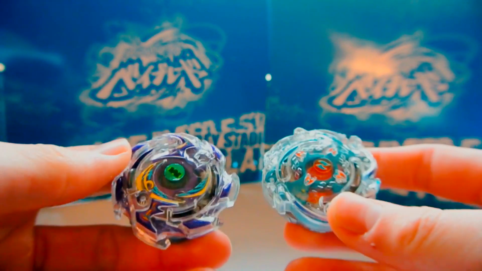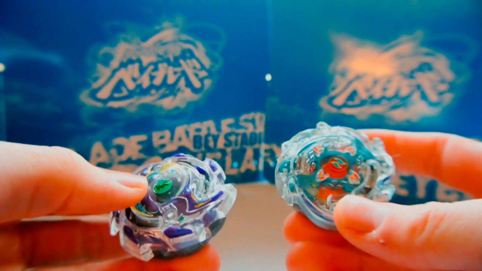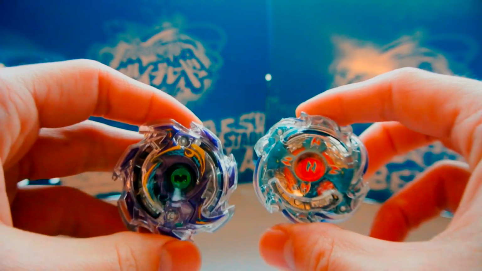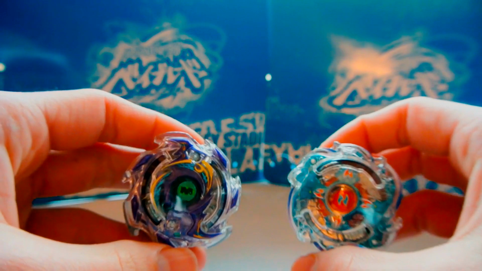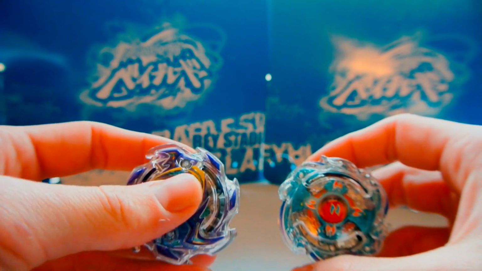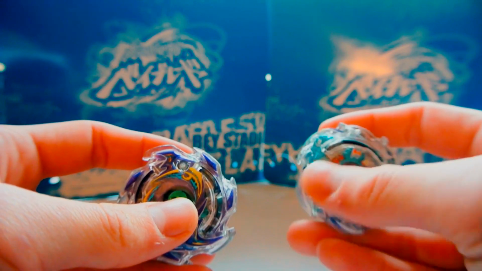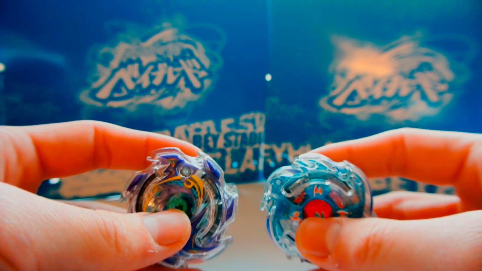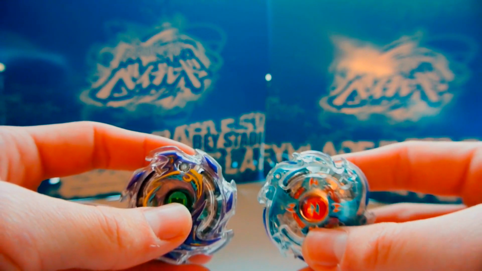These two are pretty similar in terms of what they both offer in terms of roles in Burst Classic. They will probably both be competitive defense type layers. Wyvern is better at KO defense, Neptune is better at burst defense. In most cases, Neptune also has better stamina than Wyvern, and